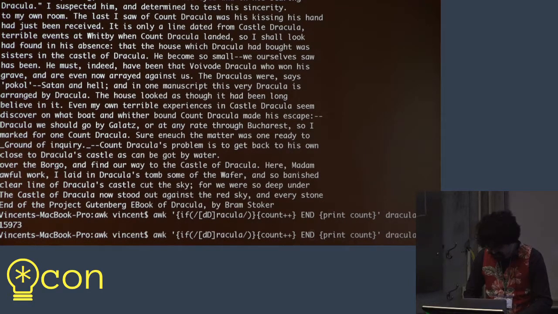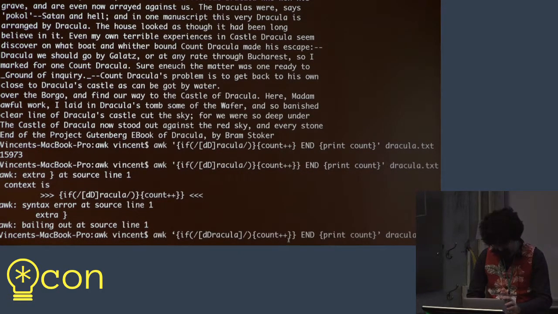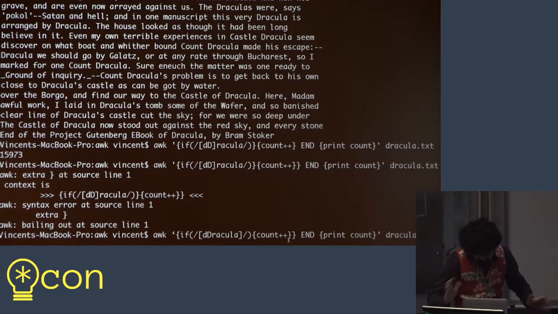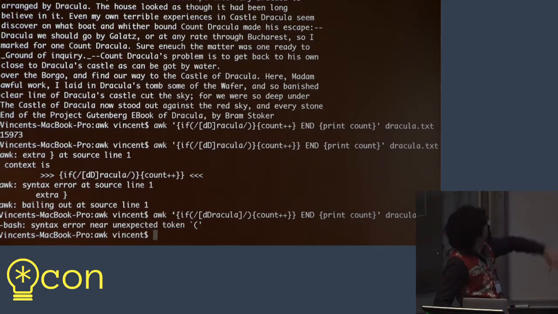Oh, yes, I have some bracket mismatching. So if I go here, I think that'll work. Nope. All right. I think I have the correct solution here. We're going to cheat and copy and paste the correct command line just so I'm moving forward. Yeah, I did some funky things with the brackets. Holy crap, this is going well. I'm just going to skip over this.